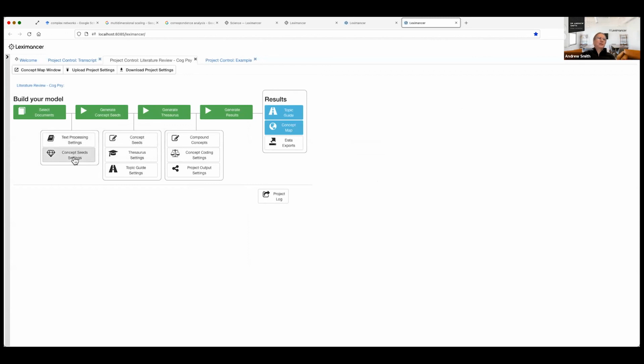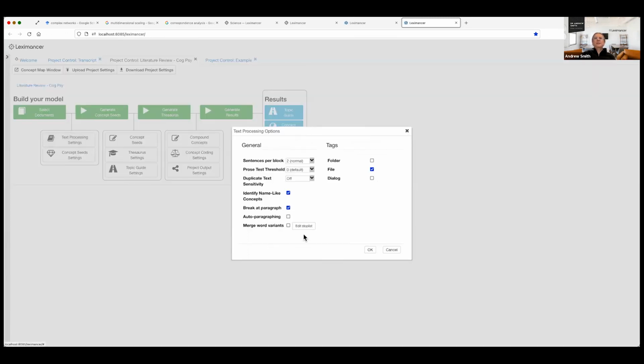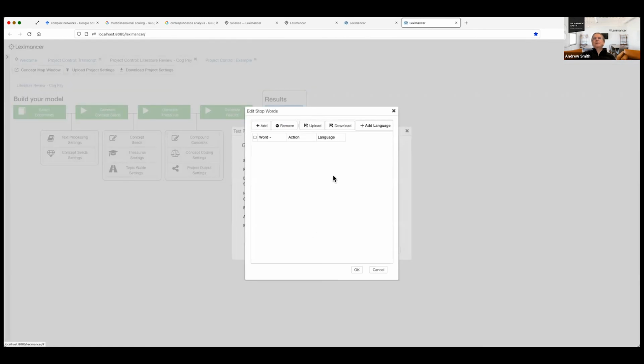The stop list lives under text processing settings. There's a button here called Edit Stop List. When you open it, don't be put off because it's empty. All that means is you just have to load in the language you're using, which in this case is English. So now I've got the stop list for English.